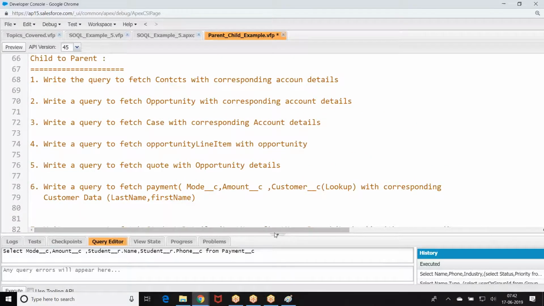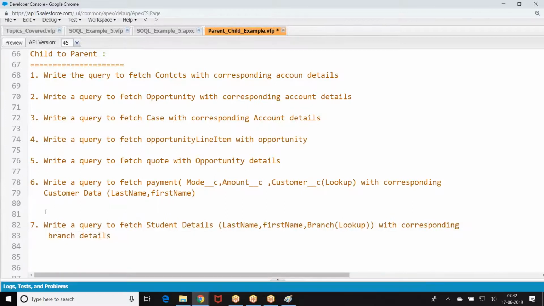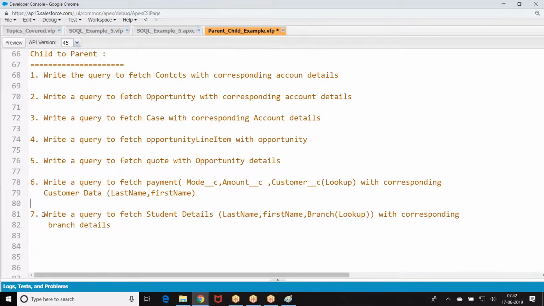Do these four examples, the rest you can try later. Write the queries for one, two, six, seven.